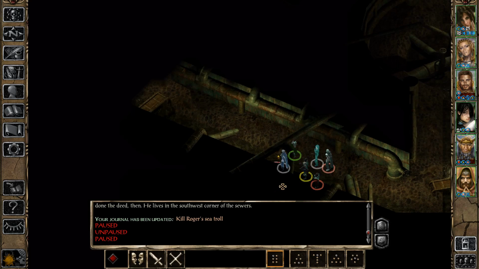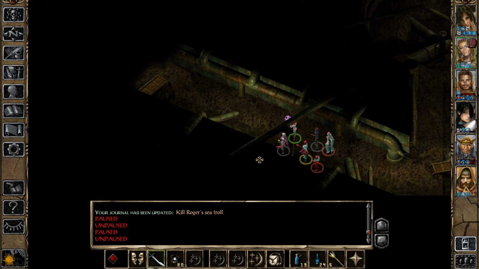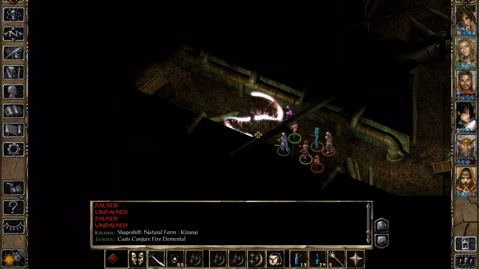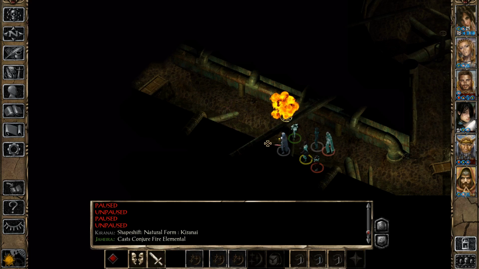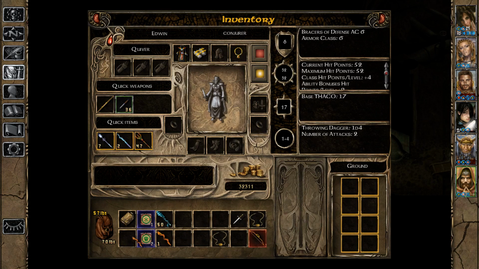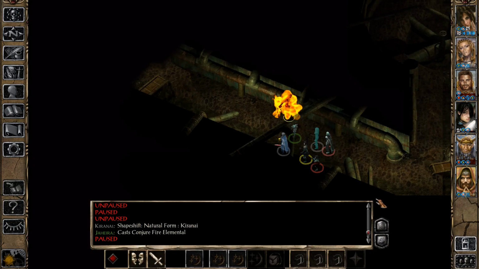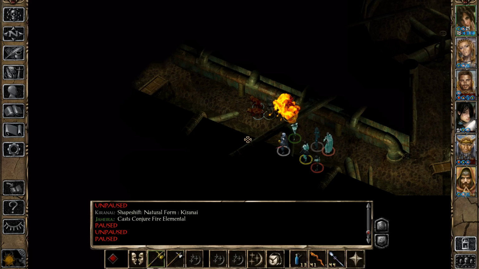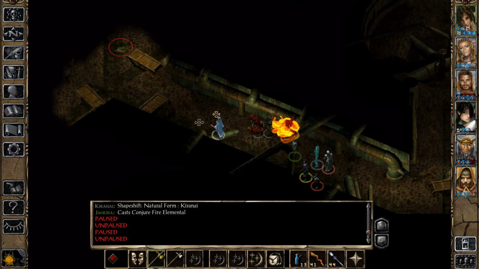actually, I think I'm going to just summon a little fodder, because we were going to need it. Let's summon that fire elemental. And I think Edwin is going to summon some fodder from the wand. So just let's have them available here. Anyway, if we progress a little bit further...